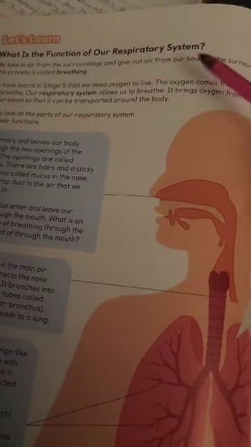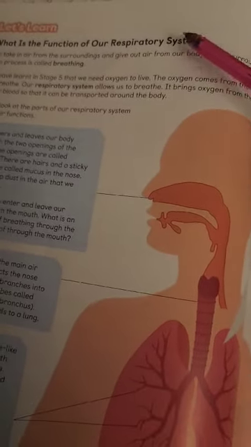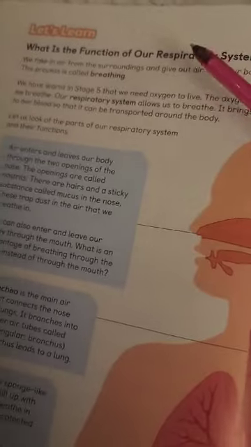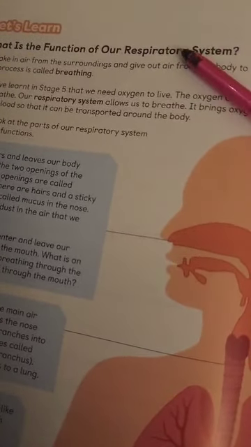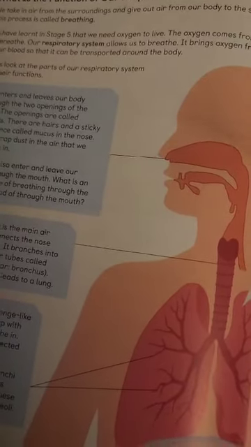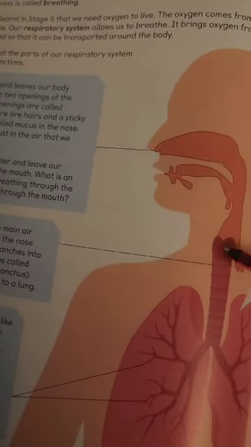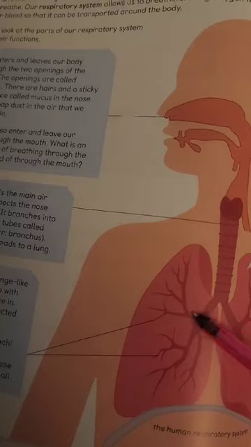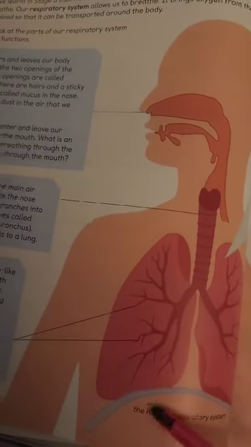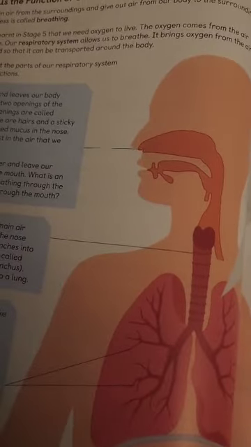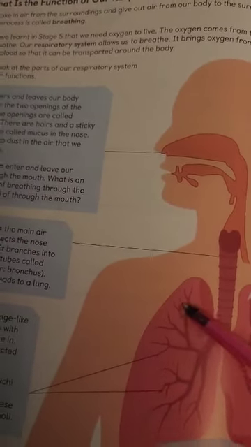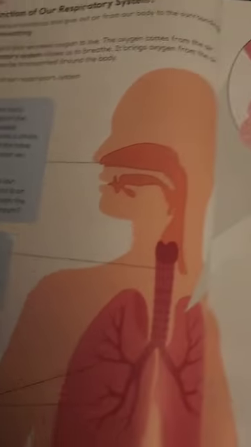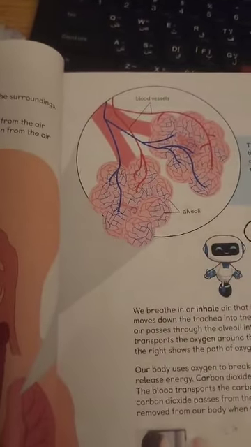So what do we mean by the respiratory system? The respiratory system is the human system that is responsible for the process of respiration. The main organs are the nose, mouth, trachea, bronchi, and then the lungs, which are the main organ of the respiratory system. All living creatures have lungs. Inside the lungs we have small blood vessels. These blood vessels are carrying air into the alveoli.